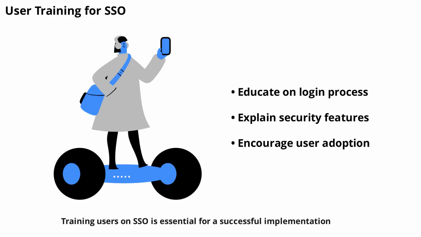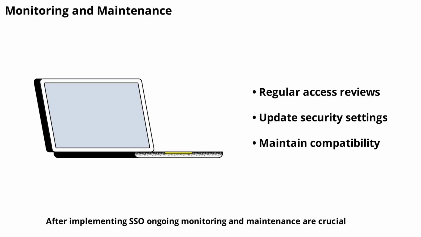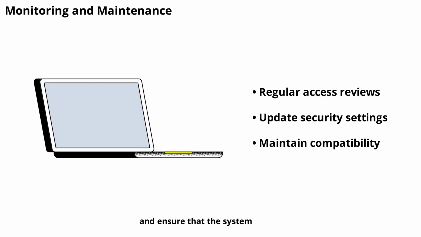Training users on SSO is essential for a successful implementation. Employees should understand how to log in, what to do if they forget their password, and how to use any additional security features like multi-factor authentication. Well-informed users are more likely to embrace the new system. After implementing SSO, ongoing monitoring and maintenance are crucial. IT teams should regularly review access logs, update security settings, and ensure that the system remains compatible with new software updates. Proactive management helps maintain